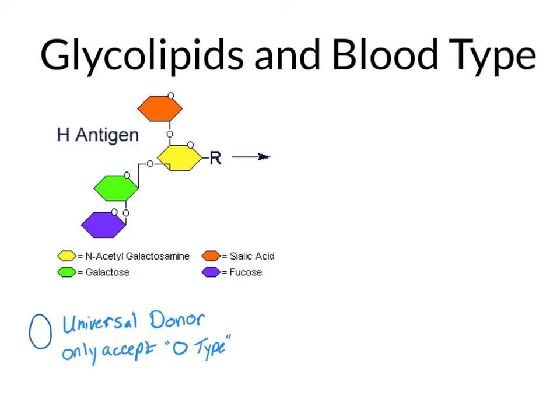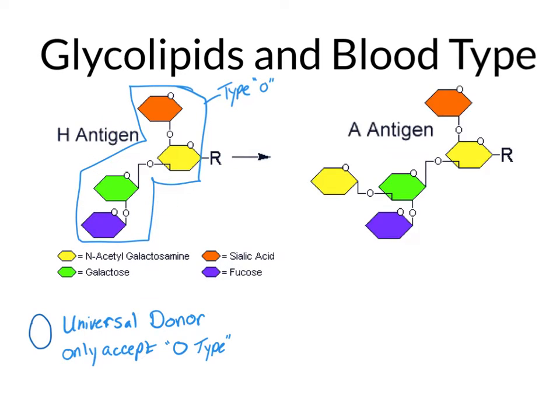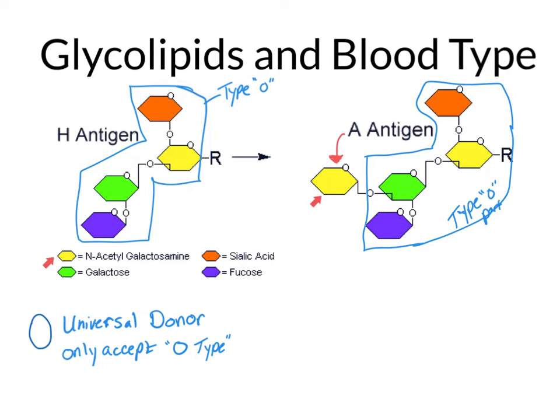When you have type O blood, it has just this basic form. When you have type A blood, you can see that we've attached an N-acetylgalactosamine to the original galactose. What the body says is, I understand that if you're in a body that is A-type blood. But if you have B-type blood and the body sees that galactosamine sticking out of the end, it'll attack it because it says, that's not mine, I don't know what that is. Even though we do have galactosamine in the system, it's sticking in the wrong spot, and so the body attacks